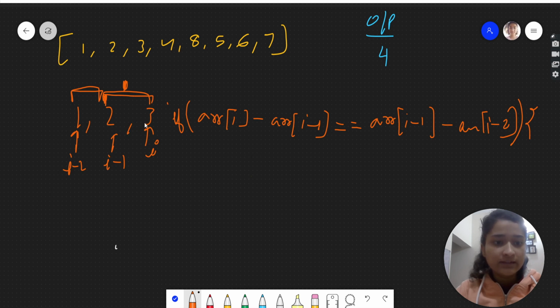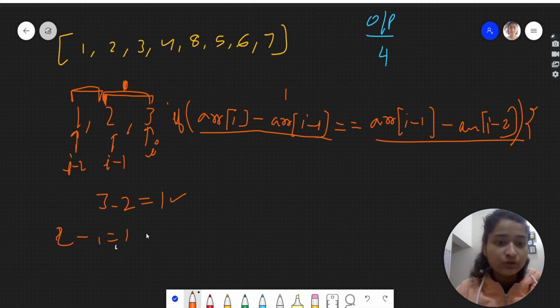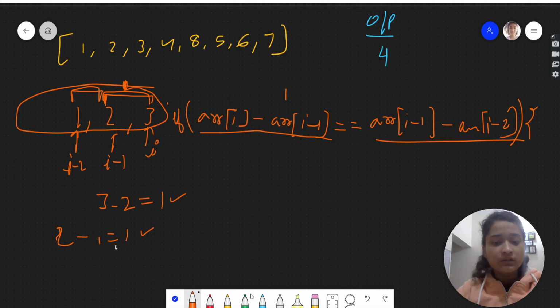So here i is at 3, so 3 minus 2 is 1, and this i minus 1 is 2, so 2 minus 1 is 1. Hence they are both equal, which means we got a subarray. This is one arithmetic subarray.